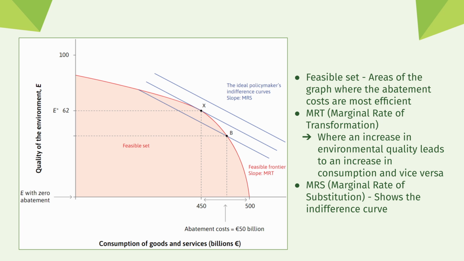A steeper curve happens when a higher value is placed on cost and/or a lower value is placed on the environment. And a less steep curve happens if more value is placed on the environment and less on the consumption. In this graph, though, the indifference curve is assumed to be linear. The point X on the graph is when the MRT and MRS are equal on the feasible frontier, the most even level of abatement policy. The point B shows another possible level of abatement policy implemented, if they cared less about the environment and more about cost and consumption.